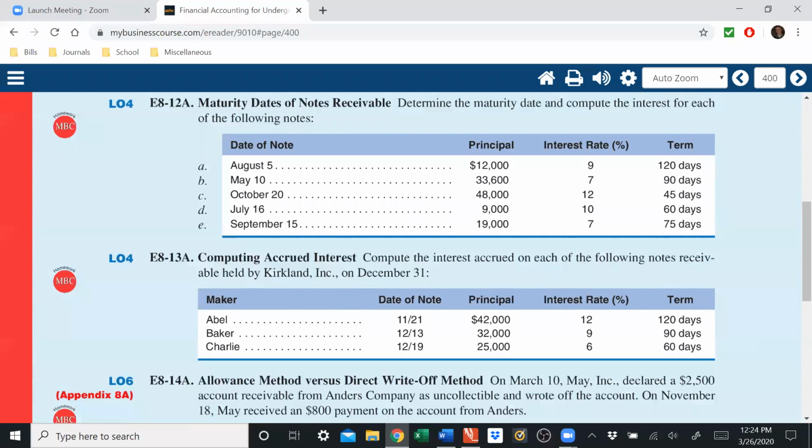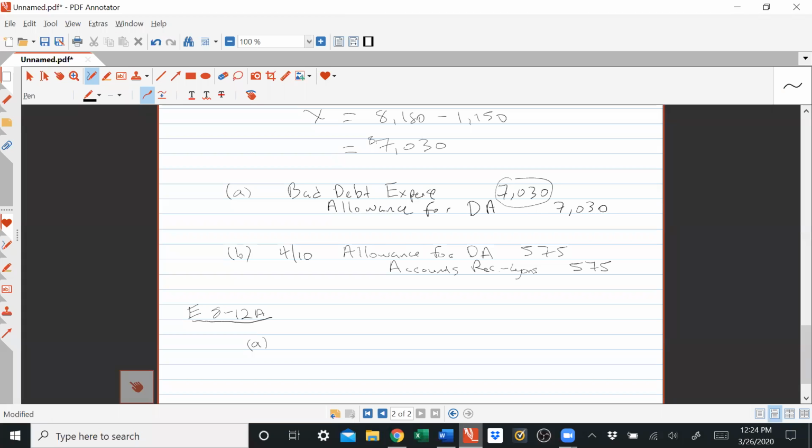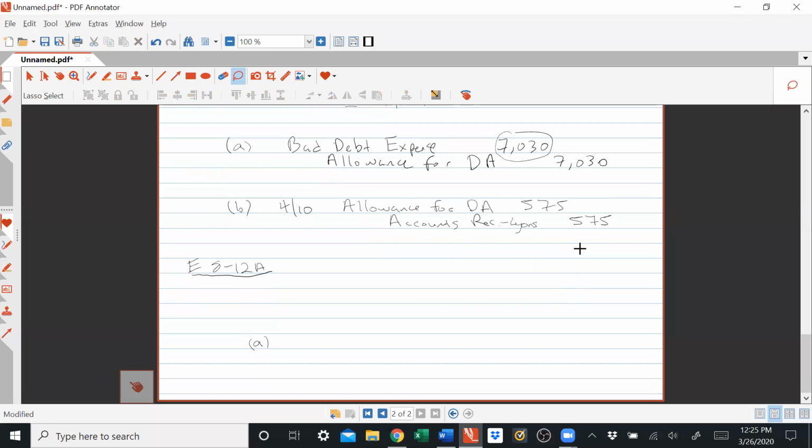So what's August 5th plus 120 days, essentially? To do these sorts of problems, let's write down a little saying that's helpful. It's not an acronym, it's kind of a saying. You have to know how many days each month has in a year. So there's this saying: 30 days